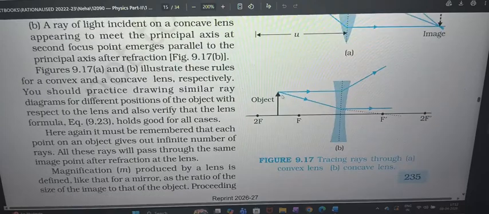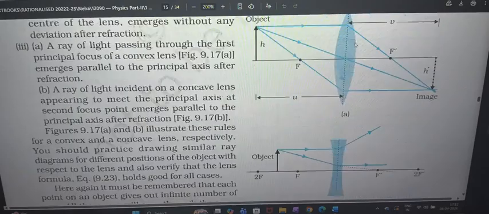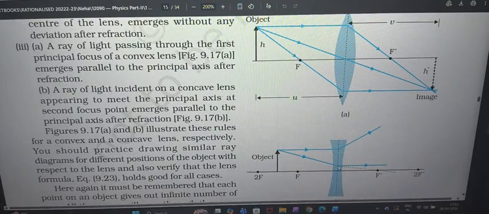For concave lens, parallel meaning through focus. Don't draw it like this, because for concave always use the left side focals. That's why the focal length is also negative. So just draw dotted lines, and then this is diverging. That's why it should get diverged like this. And if it is passing through focus also I'm representing through dotted lines, not directly drawing from here and then parallel. So it should be opposite to convex lens. That's why we are drawing dotted lines.